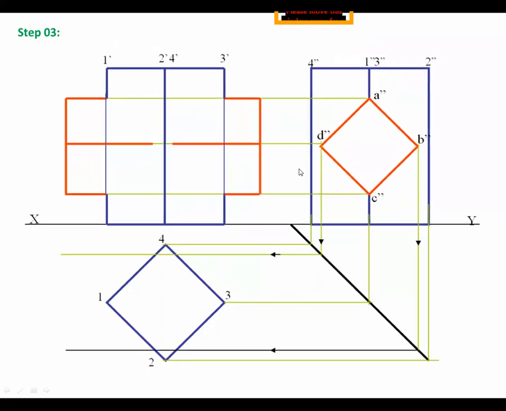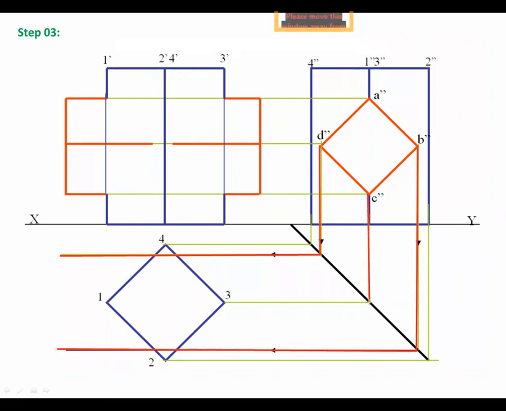Next step is to take projections from the side view to the top view, D double dash, this way, and just extend the line. According to dimension, we will arrange. Just take this B double dash point and extend it. Again, C double dash and A double dash will be overlapping. Take it in the